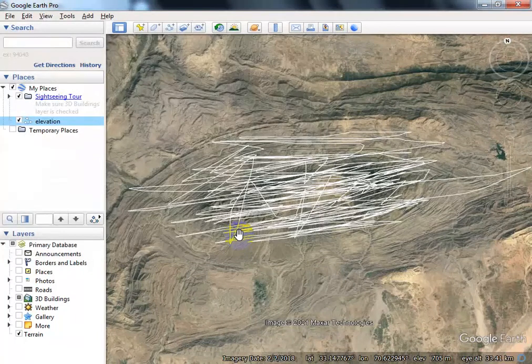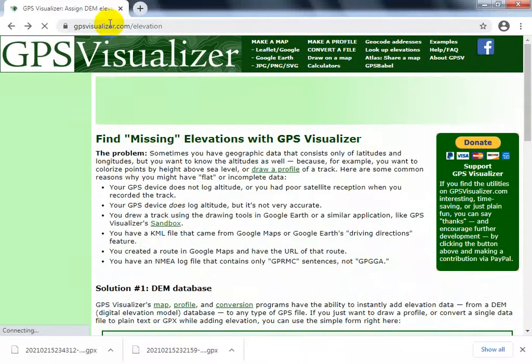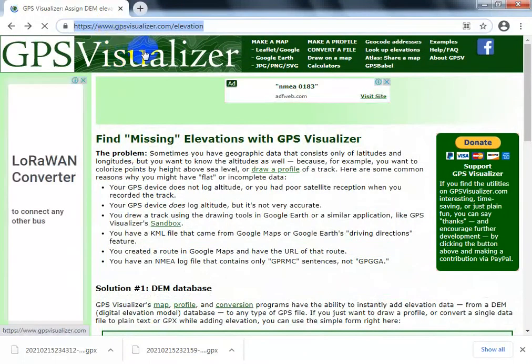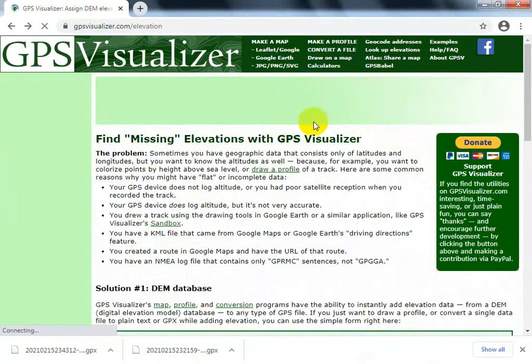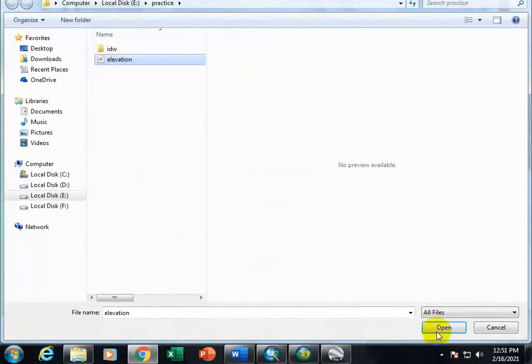Okay, in the next step we are going to use a website called GPS Visualizer. In this website, we will select the look up elevations option. Scroll down. Okay, here we upload our KML file that we digitized. Select the elevation file,